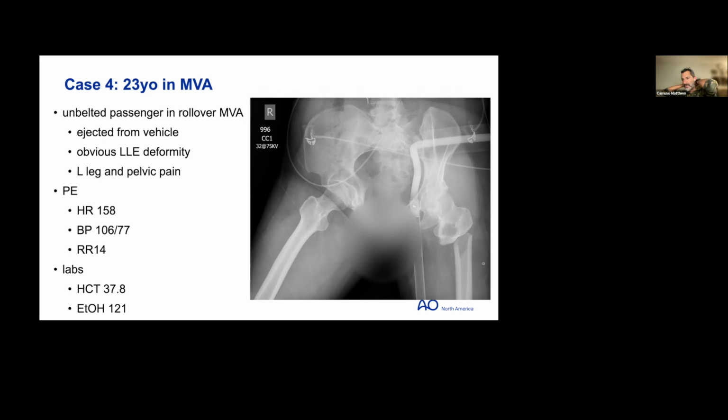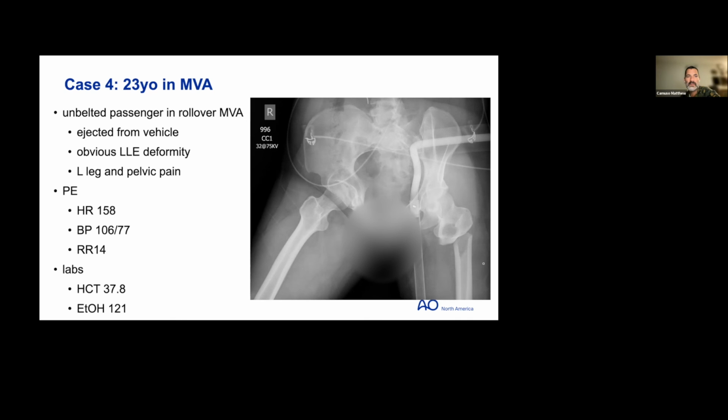Sheet or binder, is one better than the other in this particular case? Sheets are better for me because there are bed sheets everywhere in our hospital, and I think most of us would consider them tantamount to the other. There are some pro-binder folks that say you can put on a binder by yourself and it's easier to cinch them down than a sheet, but I don't think it's that hard.